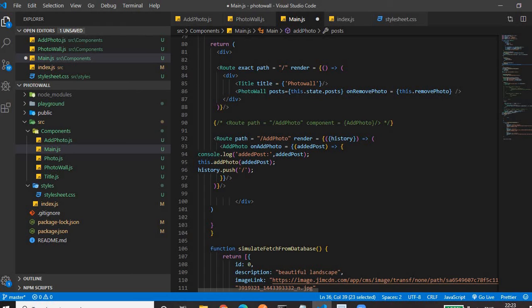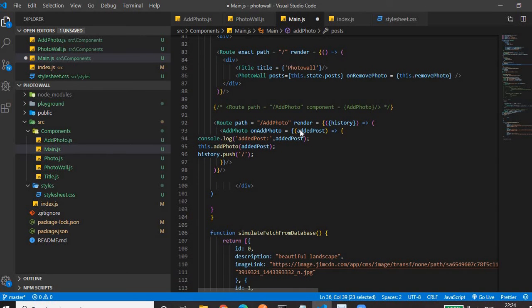Then, after all this, once we add the photo, we should be navigated to our home page so that we will see the new photo that we have added. To navigate back to our home page, this render method takes a parameter, which is an object having a property of history.